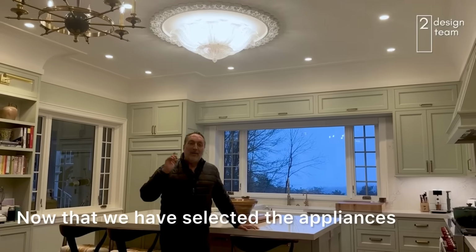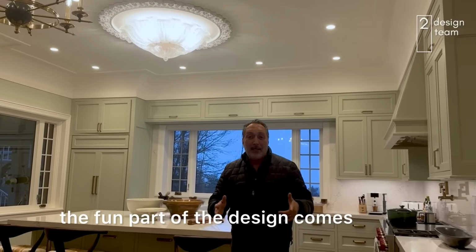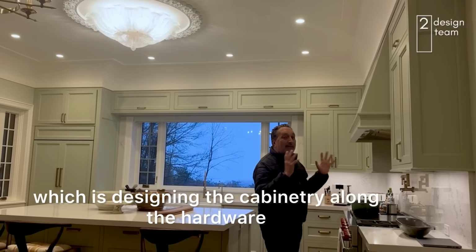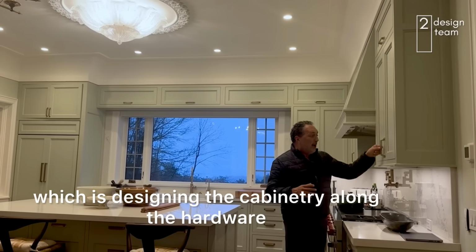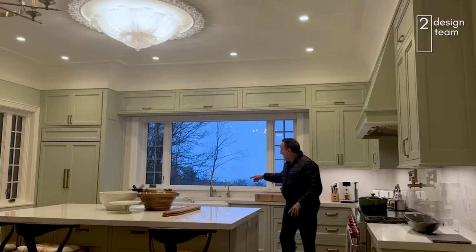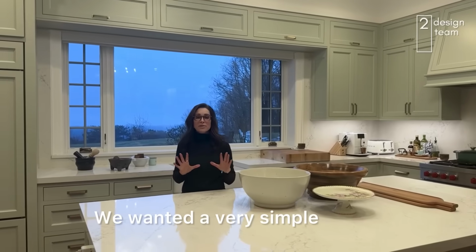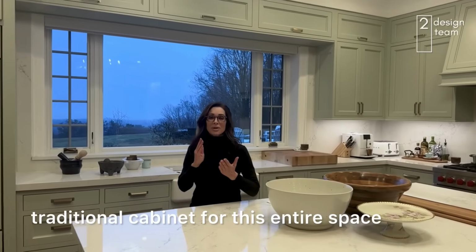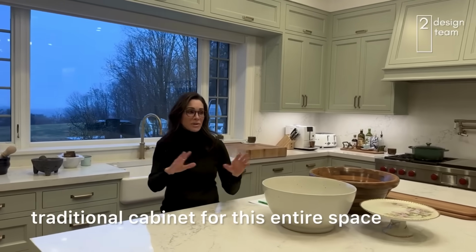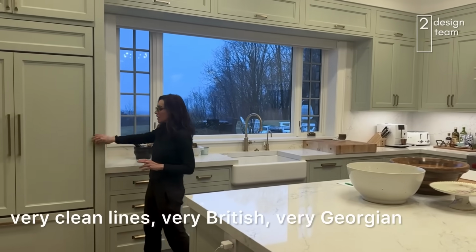I am. Now that we have selected the appliances and the location, the fun part of the design comes, which is designing the cabinetry along with the hardware, the countertops, the backsplash, the sink, and the plumbing fixtures. We wanted a very simple, traditional cabinet for this entire space. So we chose the shaker style, very clean lines,